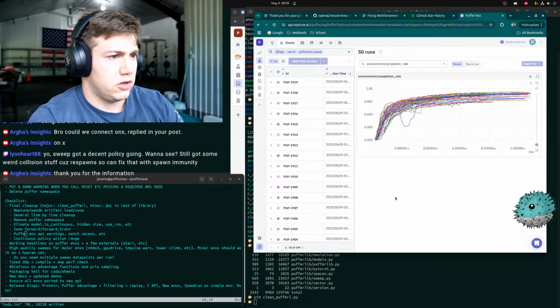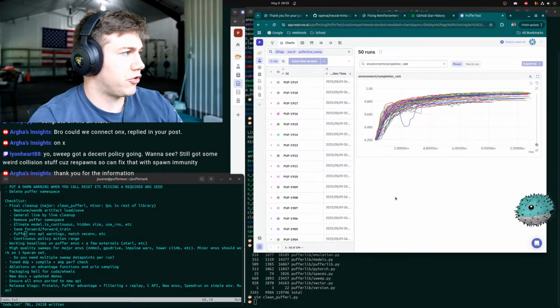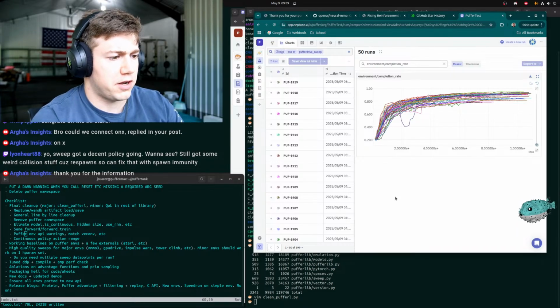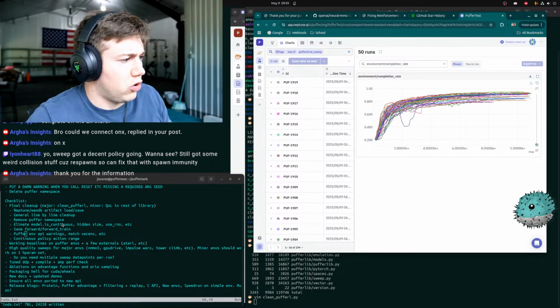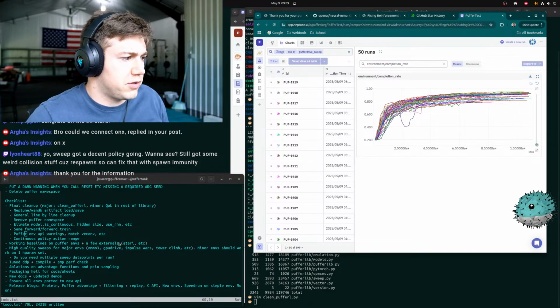Cool. Okay. The plan for me for today is going to be to clean up pretty much the whole rest of Puffer. We got some amazing results overnight on meta, so it's in a very good spot. There's a whole bunch of stuff I want to clean up so we have the stable final version, and then you can see